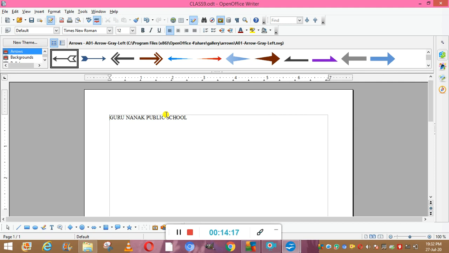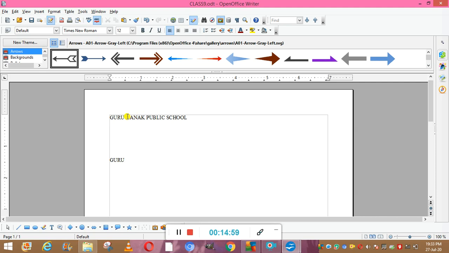Now you see one thing: cutting, copying and pasting. I have told you the shortcut keys: for cutting it is Control plus X, for copy it is Control plus C, and for pasting it is Control plus V. Now the difference between copying and cutting is this. I'll show you: I'm selecting this word, I have pressed Control plus C, and now I am pasting it here with Control plus V. Now my word is here also and here also.